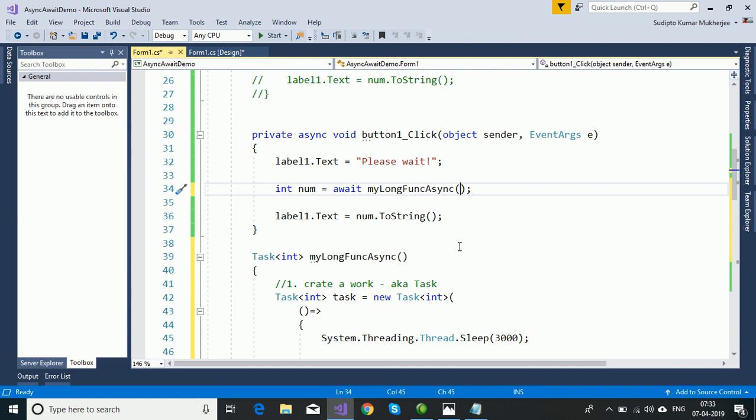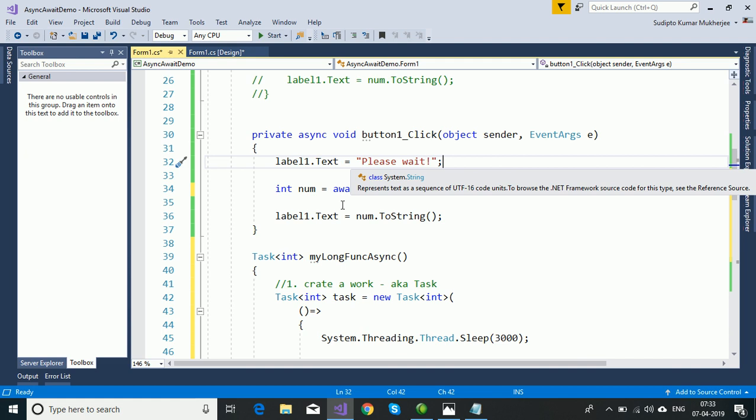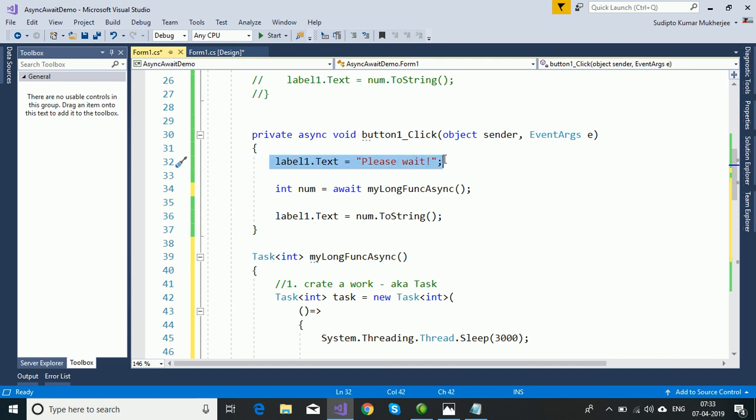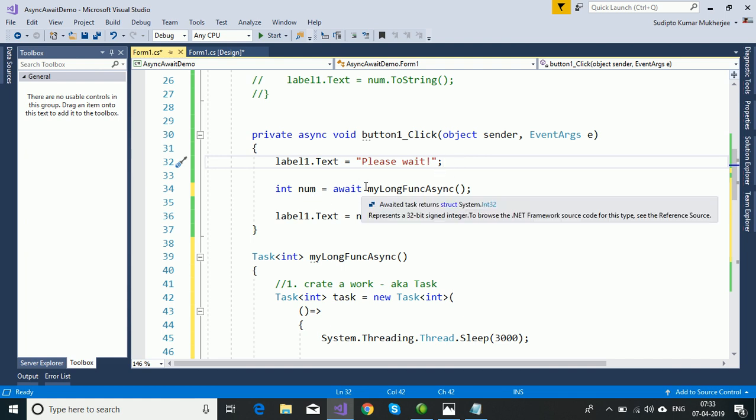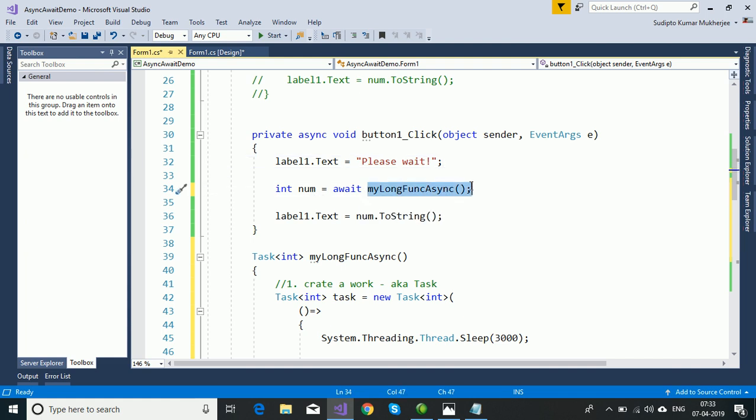So what do you see? We can even have this. Okay, let's have it here itself. So first of all, we start writing "please wait". That executes in the main thread. Calling this function asynchronously also waits in the main thread. After a while, you are basically